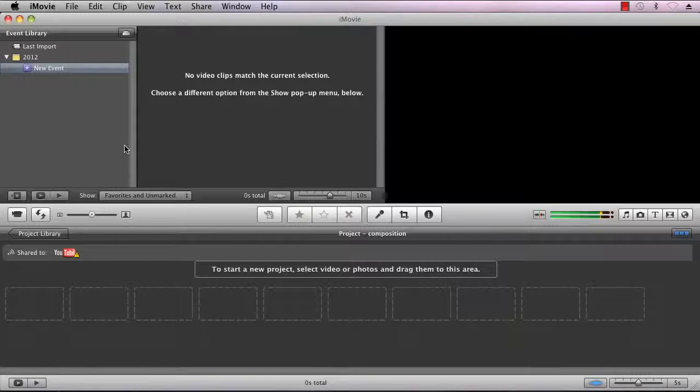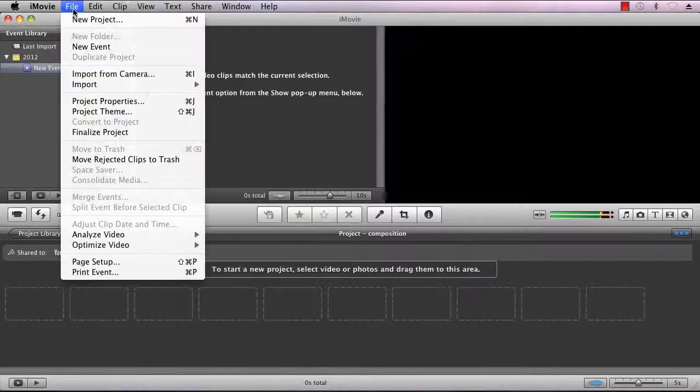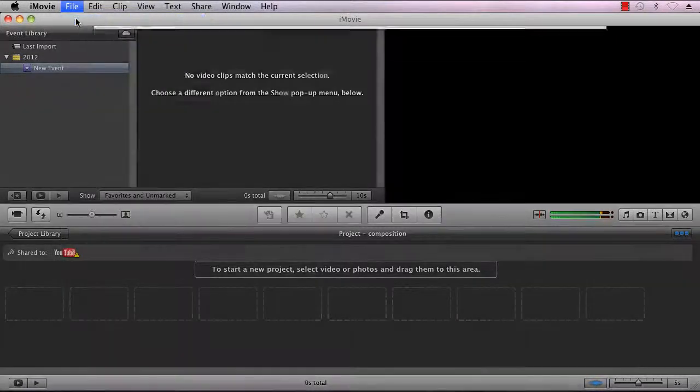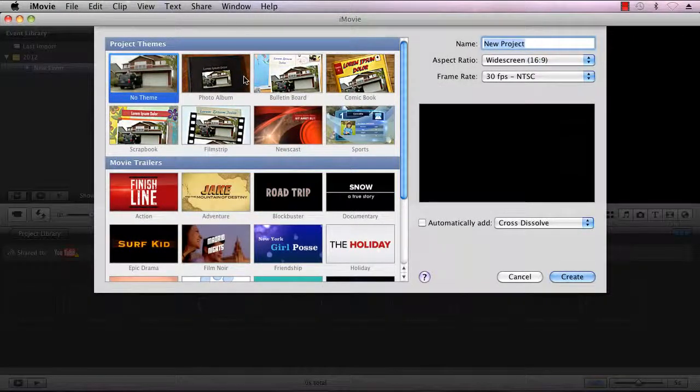So first, we're going to start by starting a new project. So we're going to click on File, New Project, and iMovie's got a bunch of these prepackaged project themes that you can add to your videos. It makes clever little movie trailers and themes that you can add your videos to. But for the purposes of this tutorial, we're just going to do no theme, which is going to make a nice, clean looking video for us to process. So you would just click on No Theme. We'll name this project